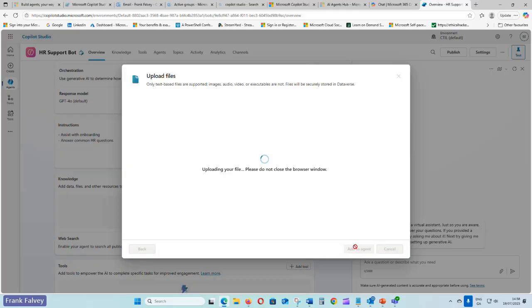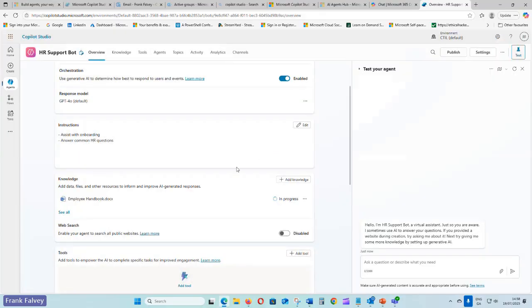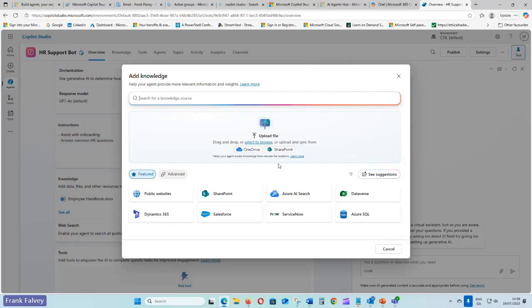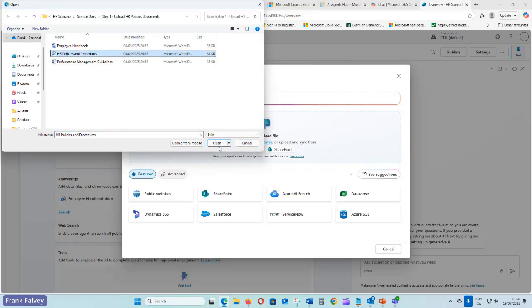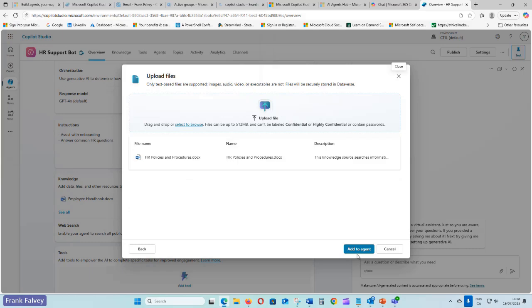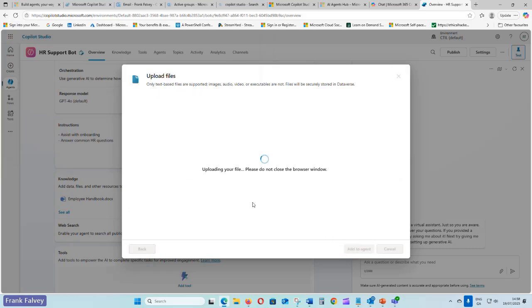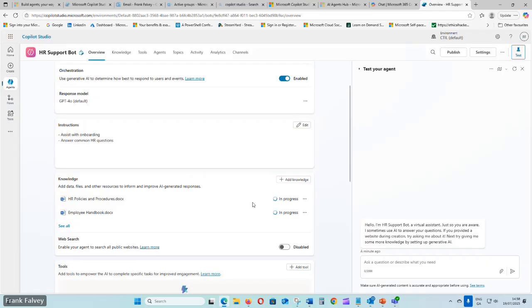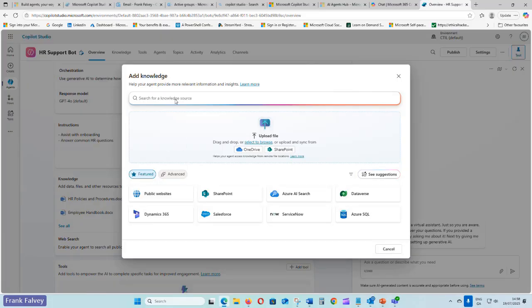So these are typical HR files that companies would have, and there's that one added. So we're going to go for the second one, HR policies and procedures, add to agent. So there's the second one. We just go for the third one and then we'll finish up with that.